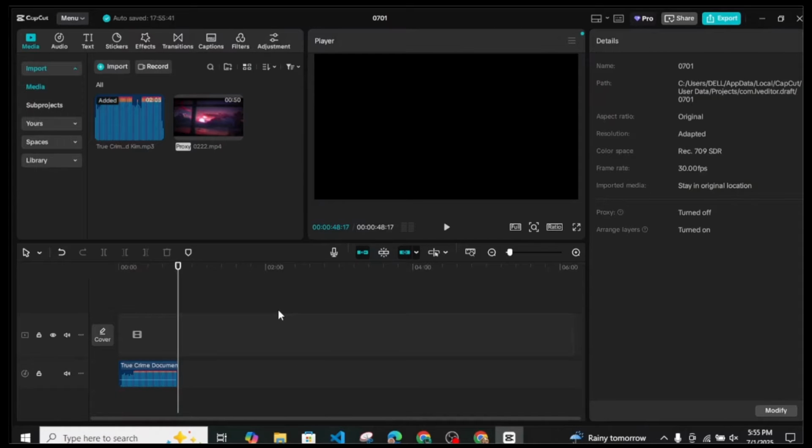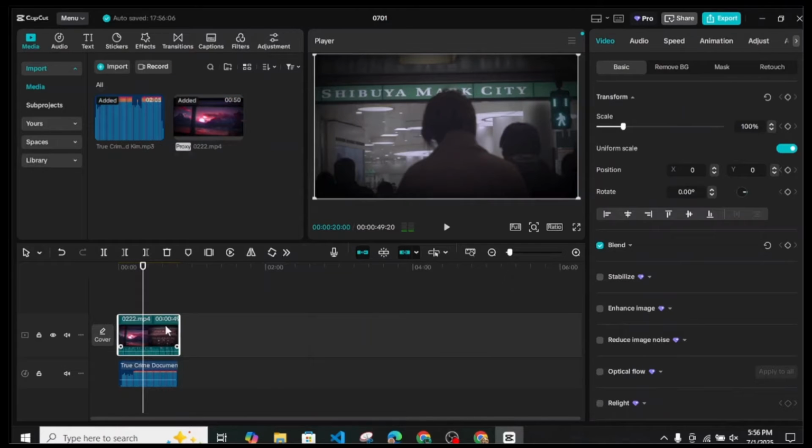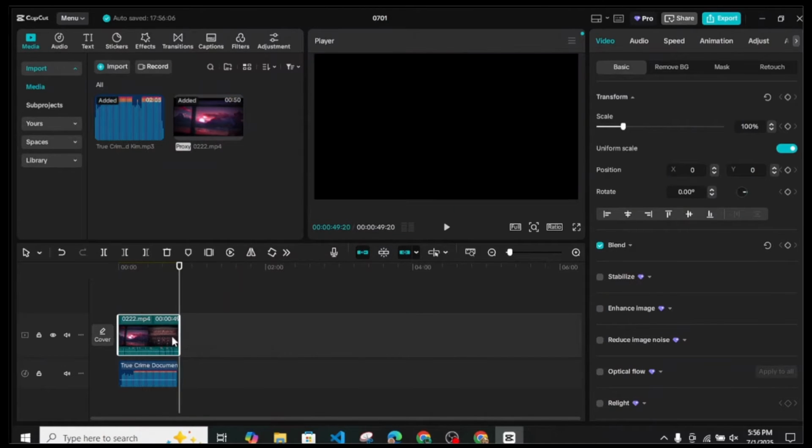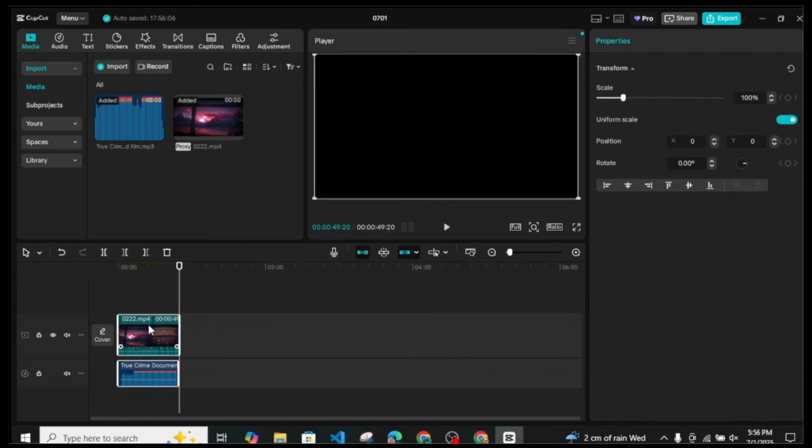In this quick tutorial I'll be showing you how you can easily reverse the audio on your CapCut using PC. So if you're also using PC, just open up your CapCut and simply drag and drop your audio file which you want to reverse. As you can see, for the audio there is no direct option available for reversing, but when I drag and upload a video, you can see there is an option to actually reverse it just directly from over here. So what I'll be doing instead is I'll just highlight both the audio and my video and just